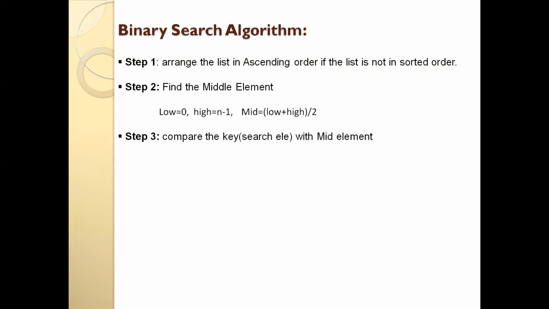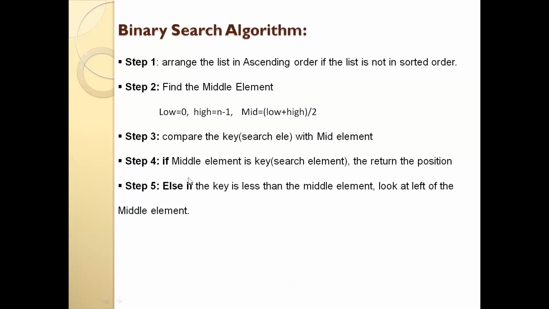Once the middle value is obtained, whatever element you want to search, just compare that element with the middle element. If the middle element matches the search element, then return the position of the element. If the search element or key matches the middle element, it means the element is found in the middle position of the list. So return the position of the element in the list and print the position. Suppose the middle element is not our search element,